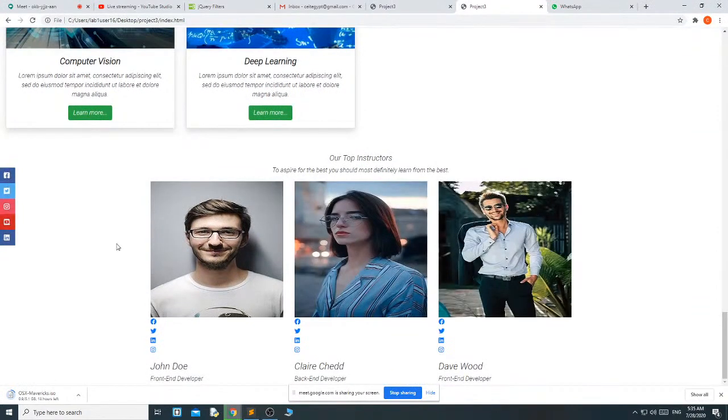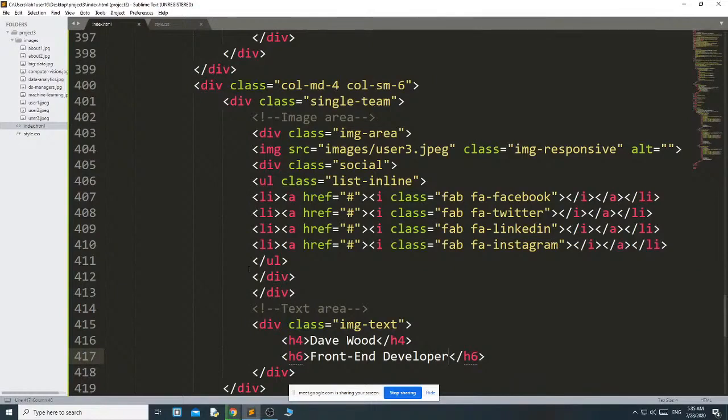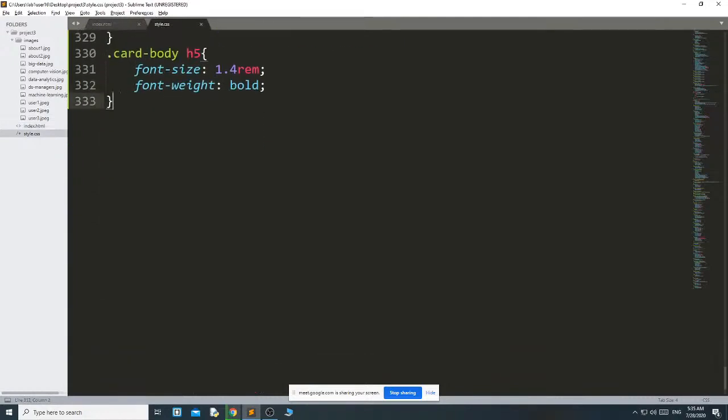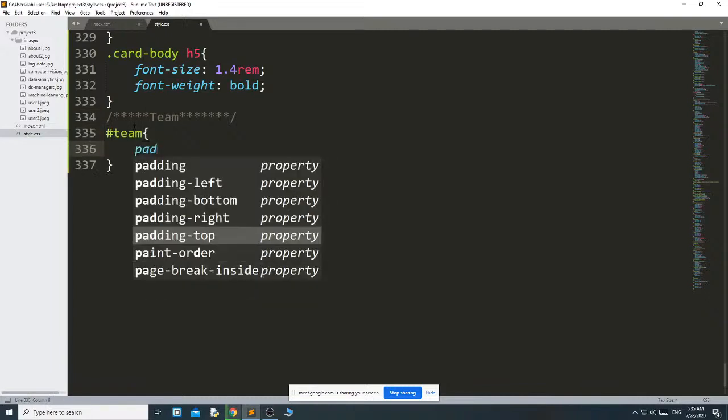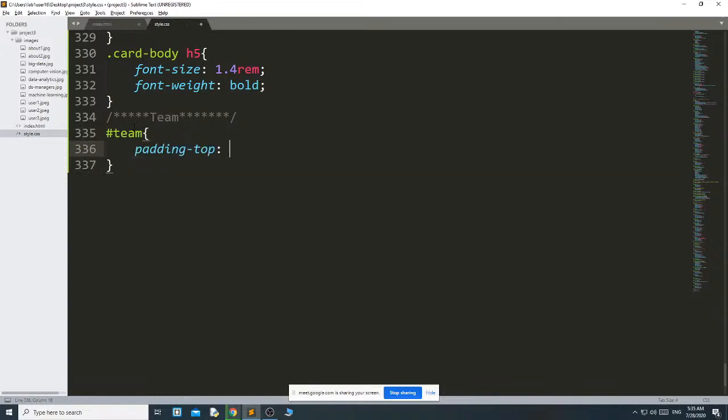Okay, now we will do the style so that when I move my mouse on a particular image, this social icon will appear above the image. Then go to style, team. First, of course, I have to style the section, and in here I am giving only the padding top.